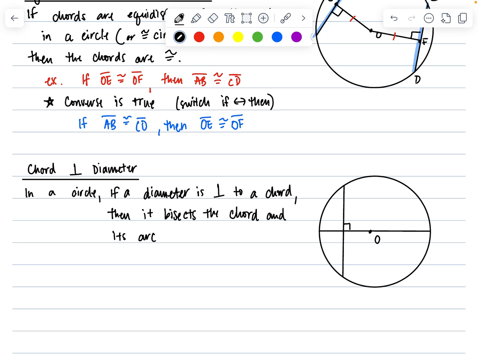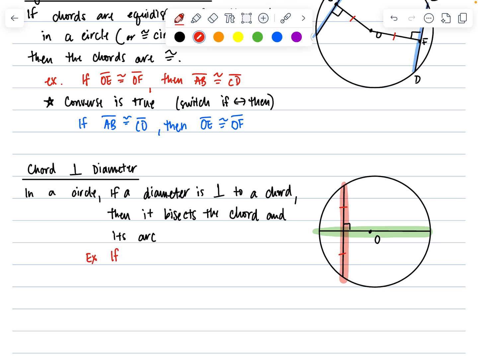So what happens here is if this diameter is perpendicular to the chord, then it bisects the chord and creates two congruent pieces. So this would say, if,